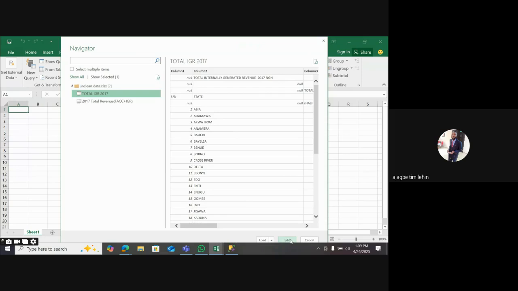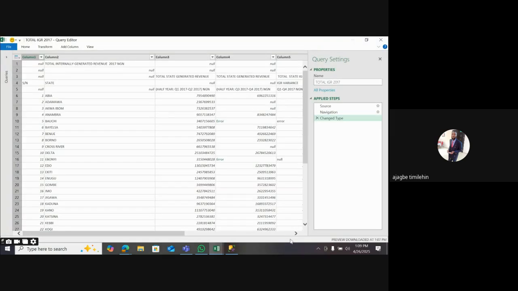After that, I'm clicking on edit. Then you select the first one, after you preview the first one. Click on it. Yeah, this is the first one. So now, this is my Power Query editor here. If you check this data very well,